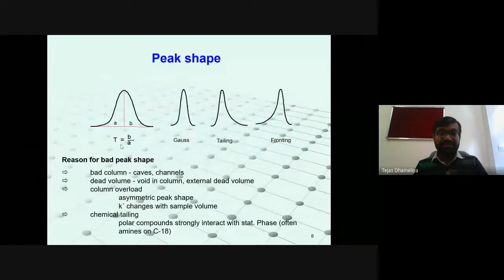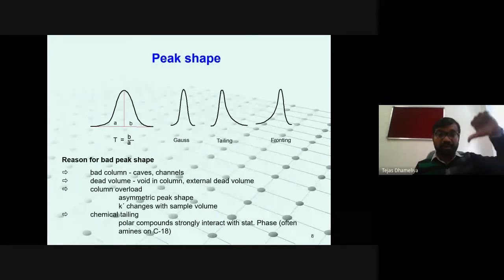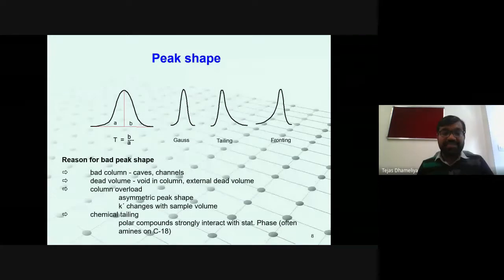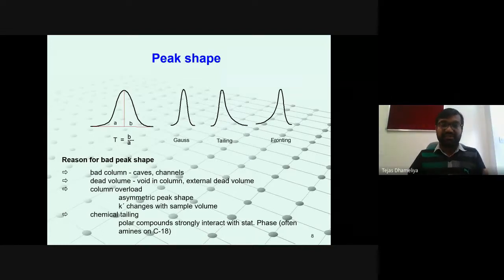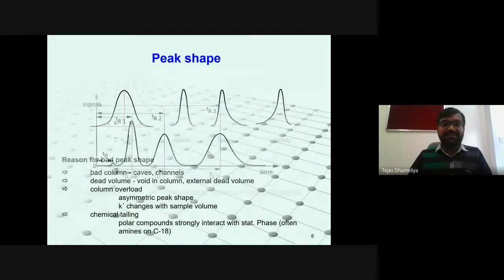So this is the best peak which we generally prefer in case of HPLC. The Gaussian peak is a symmetrical peak, like this. But what could be the reason for the poor peaks which we are obtaining? The reason may be our mobile phase, maybe with the concentration, or it may be with the nature of the stationary phase, where it is not okay. I need to check whether it has absorbed moisture or obtained something else.